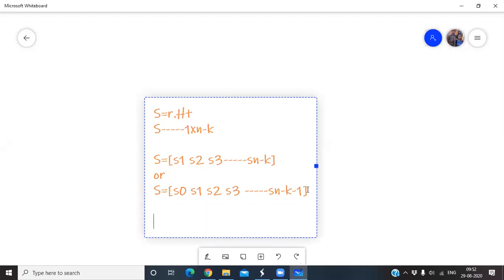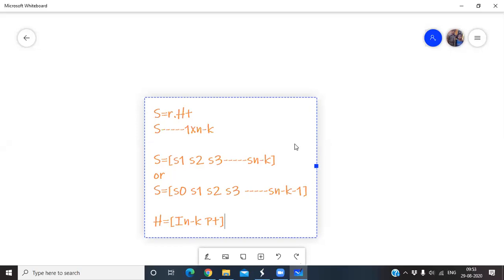Now S is equal to R into H transpose. Now we know that H equal to, what is the representation? I n minus k, P transpose. Is it okay? Any doubts here? No, sir. And I explained one thing, that when you go for the systematic code, the first part is message bits, next part is check bits. I also explained that don't fix this. Sometimes you will find the check bits are the starting part of the code word and message bits are the ending part of the code word. Do you remember that? I already explained that.